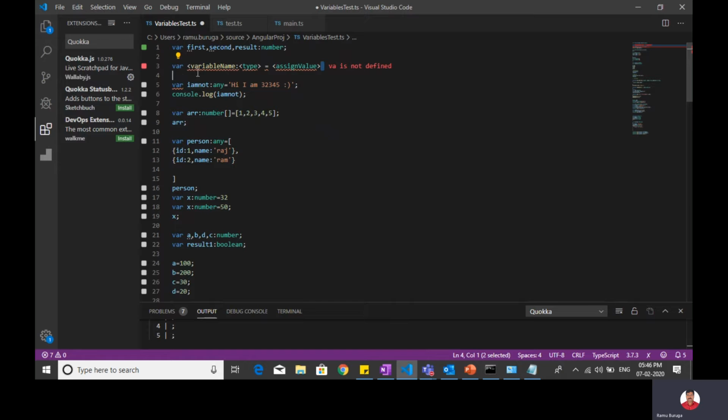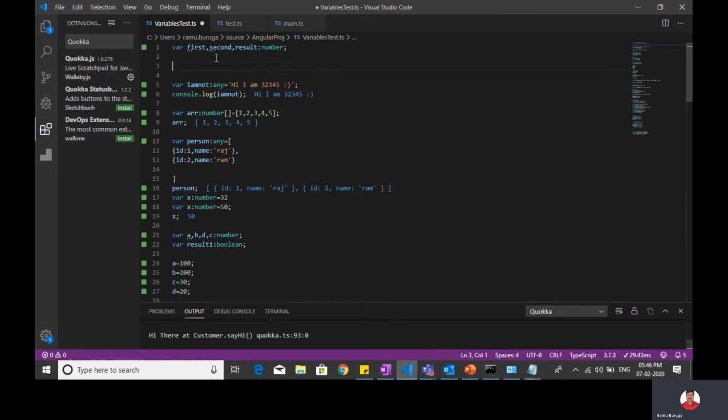So in the same one, var is the keyword, first is the variable, and I'm declaring it as a number. Like that you can create multiple variables in a single line by separating them with a comma.